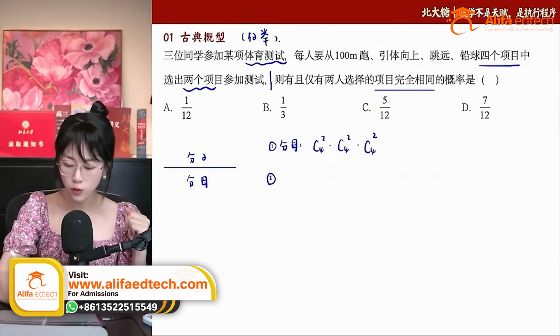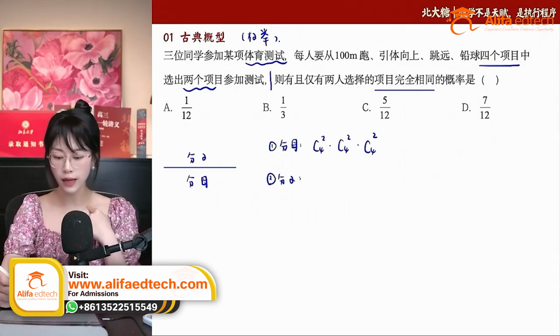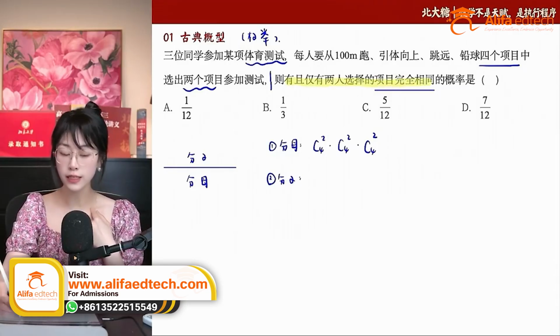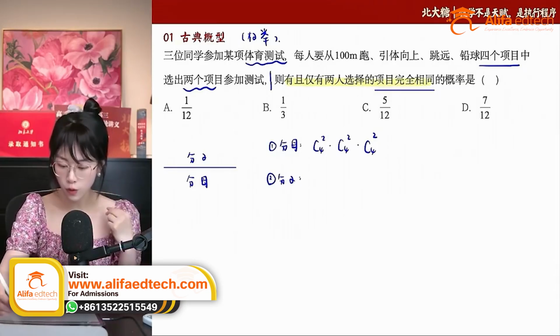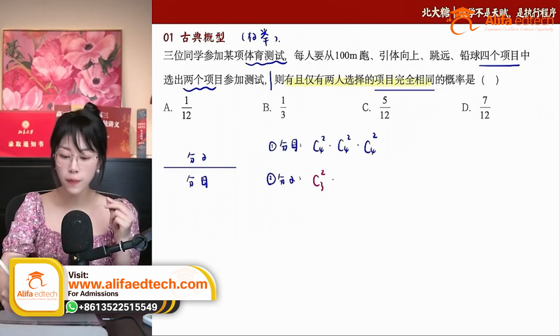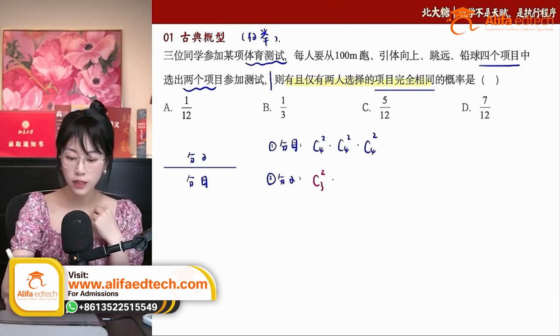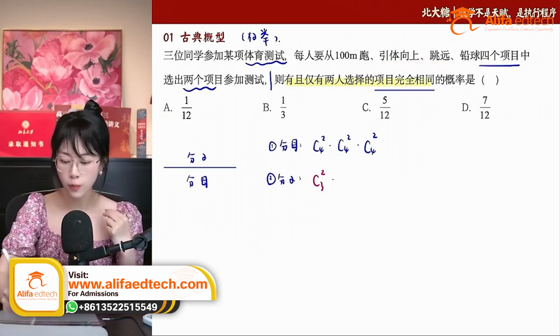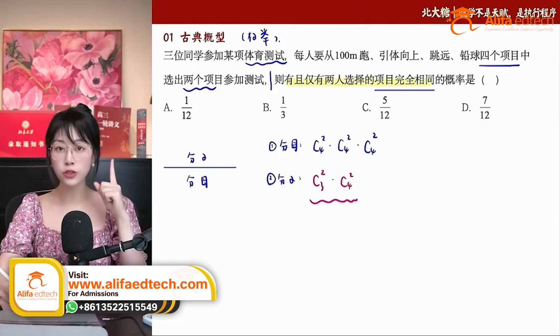But when it comes to the numerator, think about it. Now, exactly 2 people are choosing exactly the same items. All right, let's discuss these 2 people first. These 2 people are chosen from 3 people, selecting 2 to be the lucky ones together. So what about these 2 people? I still need to choose 2 items that are exactly the same from these 4 options, so we multiply by C42 again. Okay, we've already prepared for the first 2, and now we have only the last troublemaker left,